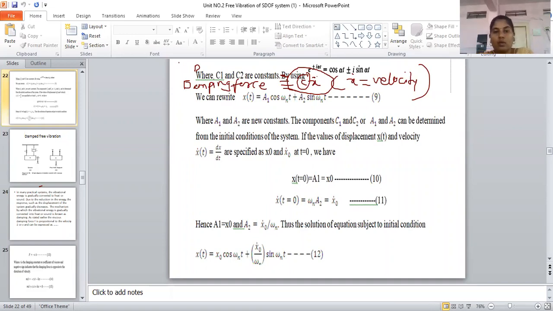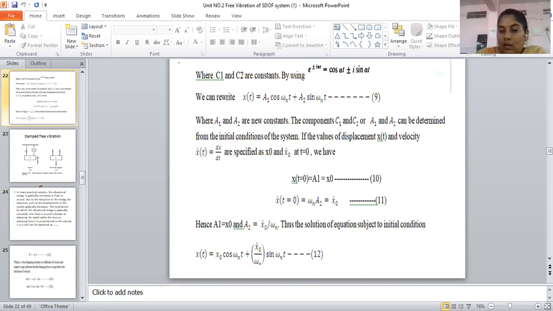So we can move forward to how to solve this equation number 15, using the quadratic equation, to get the values of the constants. We can solve these from the next slide. Now we have to solve this equation by putting x is equal to C into e raised to st, as per the earlier equation. X double dot is nothing but d2x by dt square, and x dot is nothing but dx by dt.